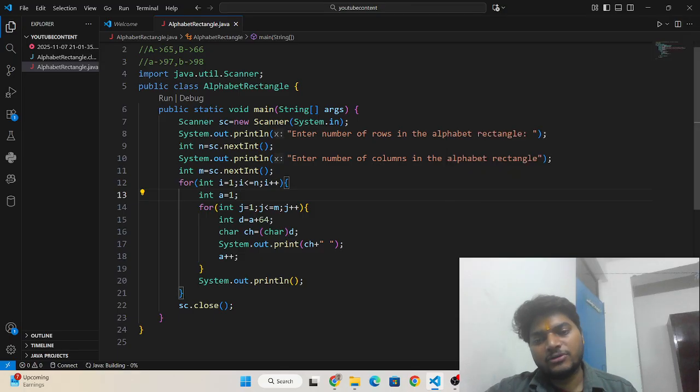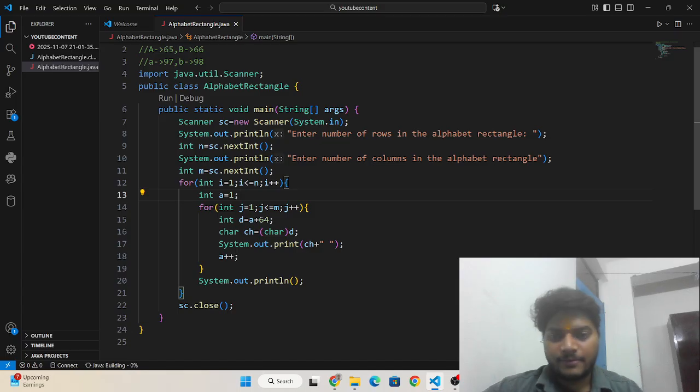When it will be square and when it will be rectangle: when I enter the number of rows and number of columns the same, this will become the square, and if I enter these two things different, then it will be a rectangle.